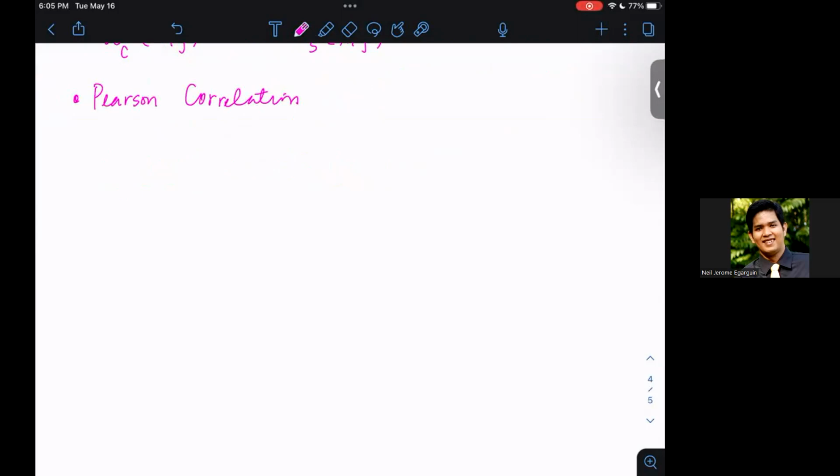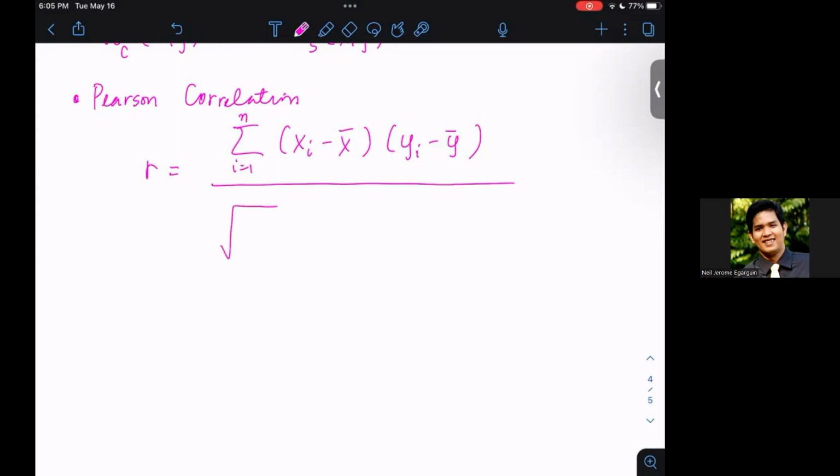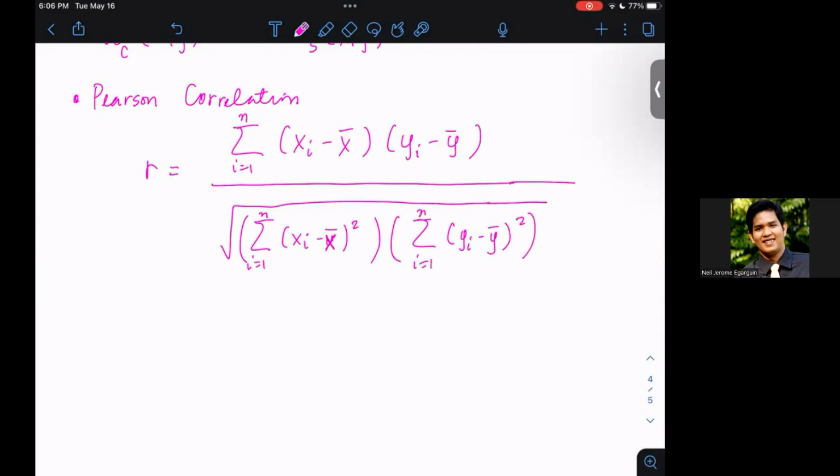This is basically R equals summation of x sub i minus the mean x bar times y sub i minus y bar, as i goes from 1 to n, all over the square root of the summation of x sub i minus x bar, quantity squared, i going from 1 to n, times the summation of y sub i minus y bar, quantity squared, i going from 1 to n,